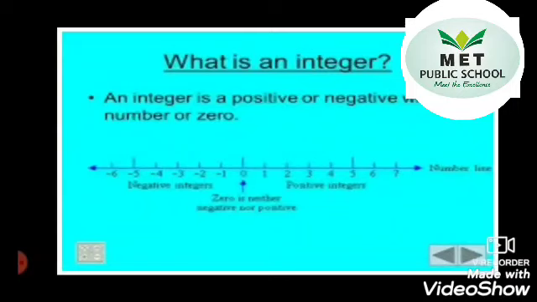You all know about the number line. In the number line, you have 0 in the middle, on the left side you have negative numbers and on the right side you have positive numbers. All these numbers are joined together in the form of a sentence to write the meaning of integer. So integers are the numbers including negative numbers, 0 and positive numbers.